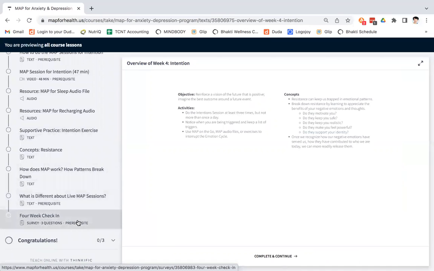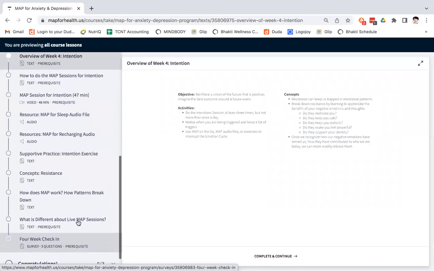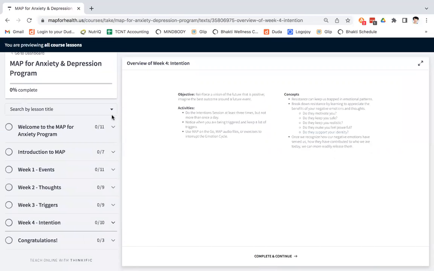At the end of week 4, there is a check-in. You will rate yourself on how you feel you are doing with respect to the emotion that you chose to work with through your first cycle of the program. Depending on where you are, you may choose to repeat this cycle, another cycle, for the same mood state. Maybe your anxiety is better, but you haven't achieved your goals yet. You are perfectly welcome to go ahead and repeat the cycle, another cycle of the program for anxiety.